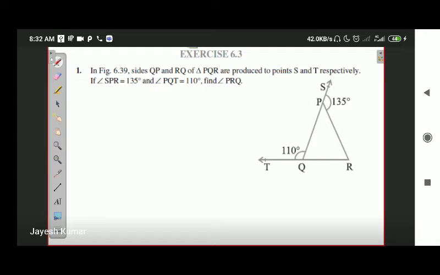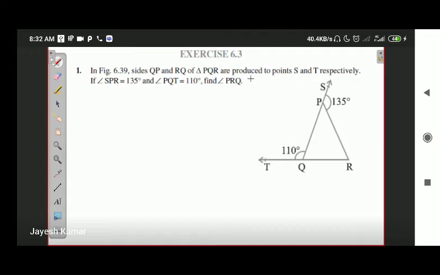Okay. Today we are going to start with exercise 6.3. This is question number 1 of exercise 6.3. We will do all the questions one by one. And before we start, once again, all the questions of the NCERT, including your examples, are to be done in your homework copy. Question number 1 is, in the given figure, this is figure 6.39, sides OQ and RQ of